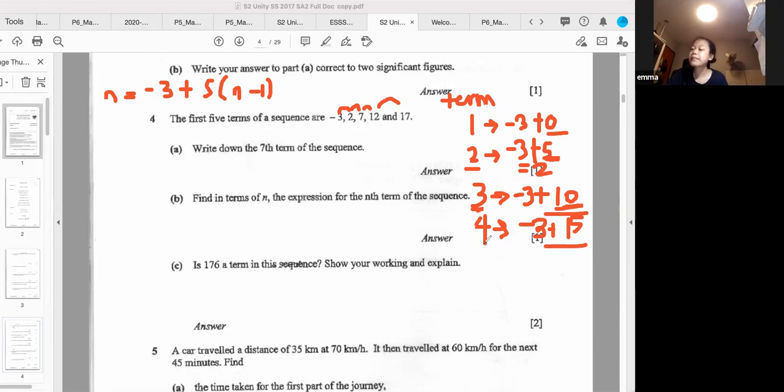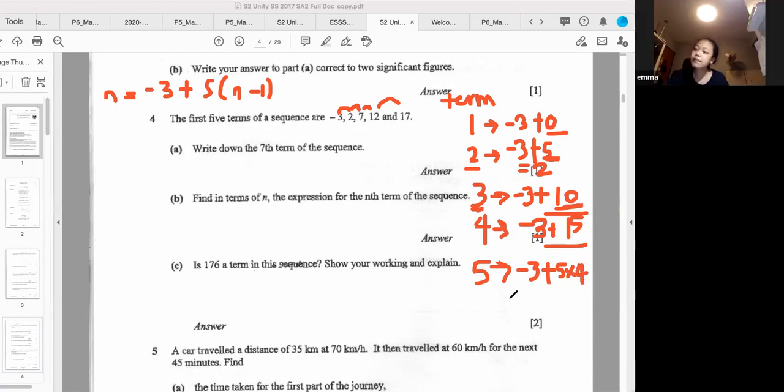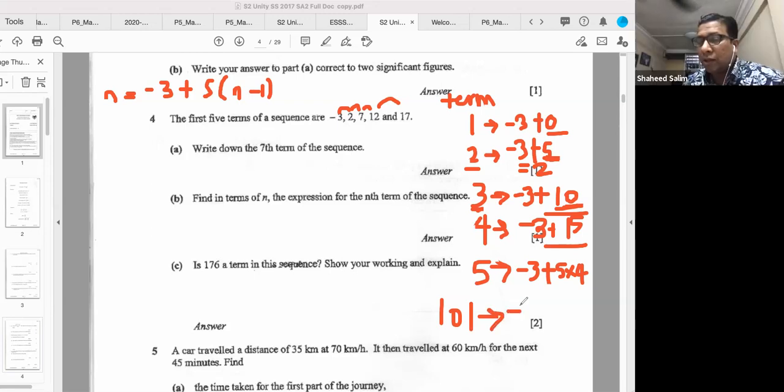So what is 3? It is 1 less than this term. What is this term called? We can call it n. So if down here is 5, the term will be -3 plus 5 times 4. Confirm. If this term is 101, the term is -3 plus 5 times what? 100. Why? It will be 1 less. So this means if the term is n, it will be 1 less than n, times 5